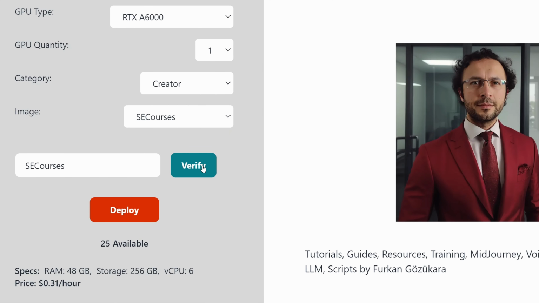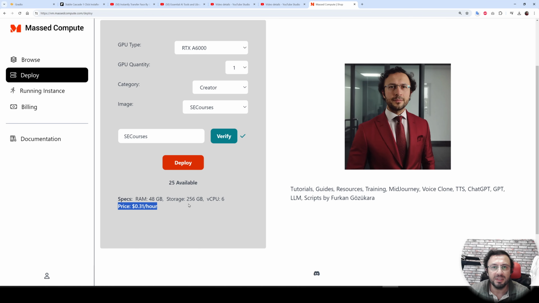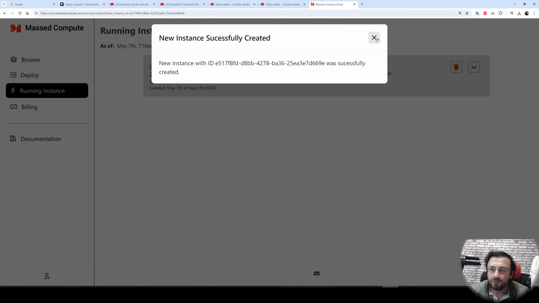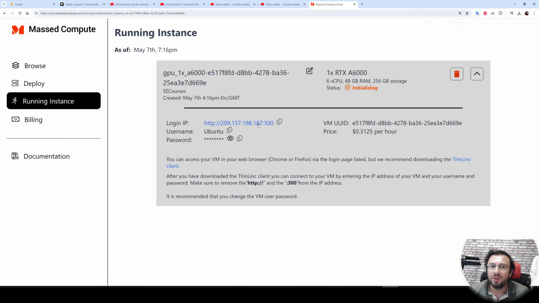After I click verify, you will see that the price has become 31 cents. So this deal is amazing. It is half price of RunPod with a more amazing platform, more amazing computers. So click deploy. After you click deploy, you need to wait for this part to be initialized. To use Massed Compute, we need ThinLinc.